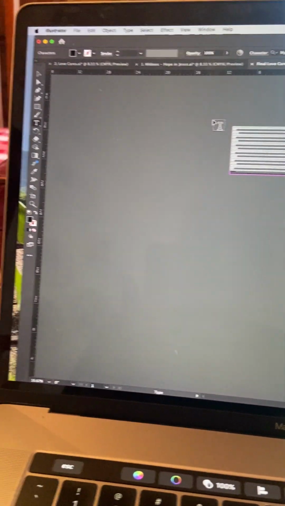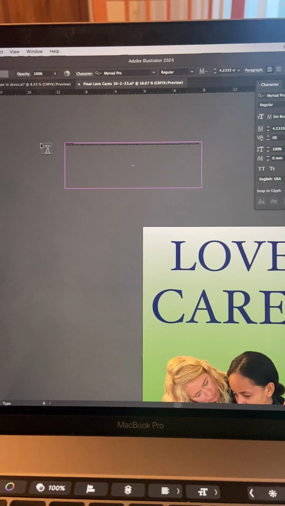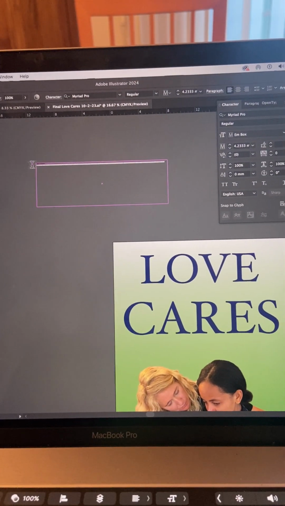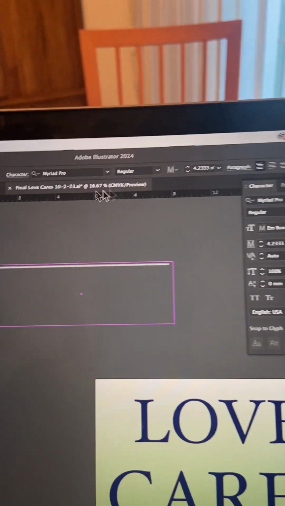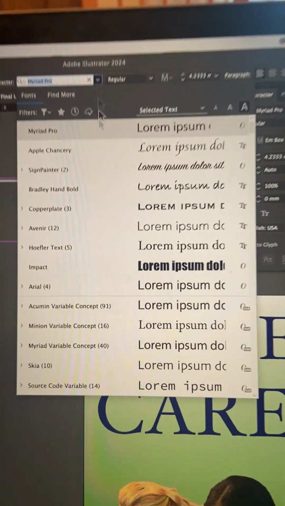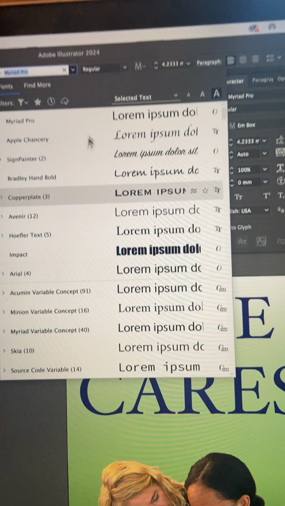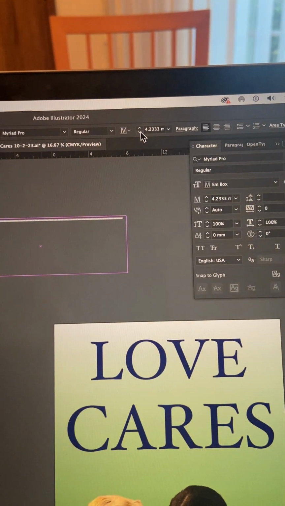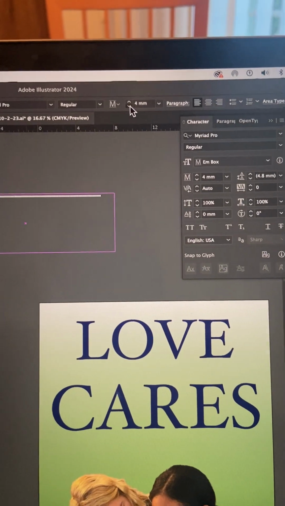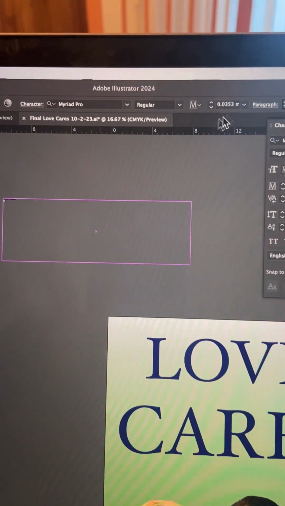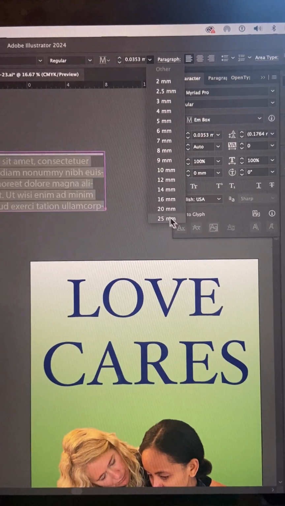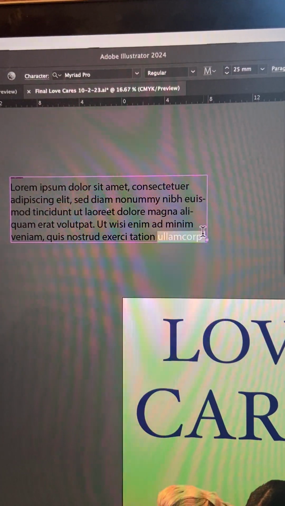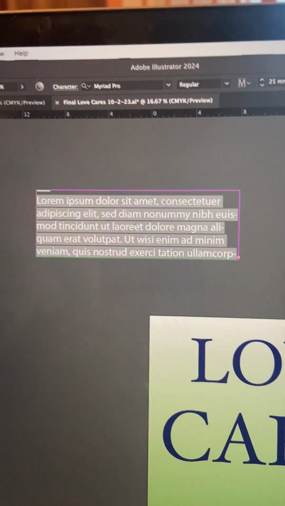So if I say love, and then once I highlight it, then up here I can pick over a huge variety of different fonts, obviously, and sizes. And this is the size part of it over here. Oh, wrong way. So let's go down 25 millimeters. There we go. So it always starts with some strange thing like this, but if I just want to use